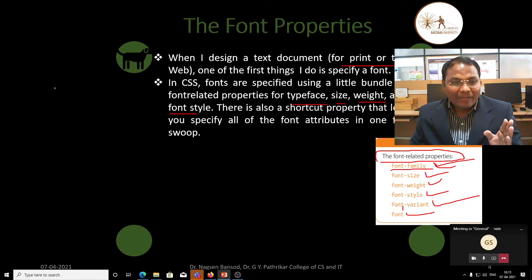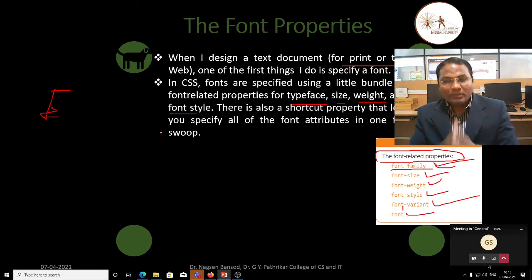For typeface, how the font face will look, how big or small the size is, the weight of the font, as well as the font style. There is also a shortcut property that lets you specify all of the font attributes in one fell swoop.